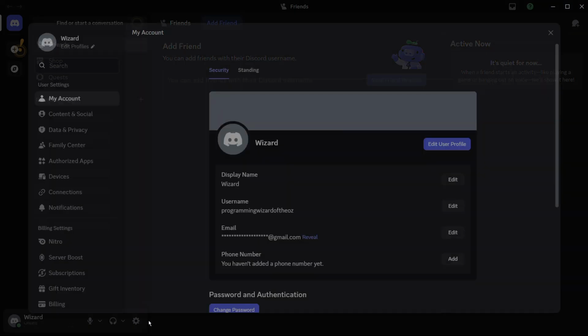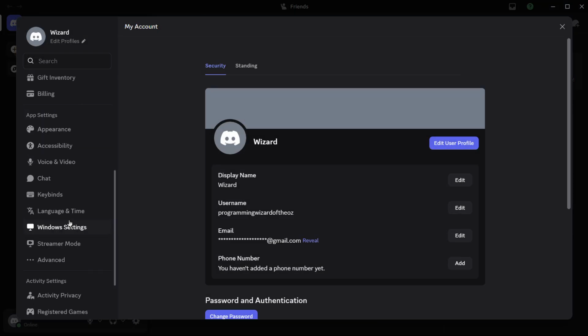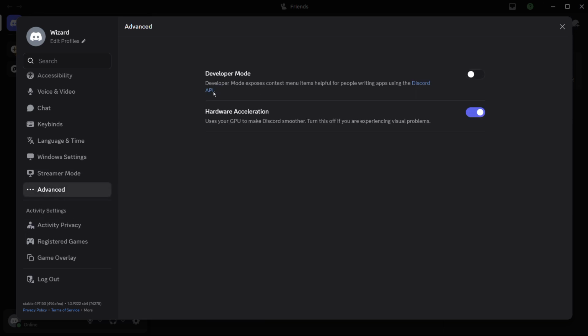So to enable this, simply click onto the user settings, and within the user settings scroll down. At the very last you will see this advanced option. So simply click onto this advanced option, and from here you can see hardware acceleration, which uses your GPU to make Discord smoother. Although there is also a warning that says to turn this off if you're experiencing any visual problems. So if you want to enable this, simply enable this by clicking onto this toggle, and your hardware acceleration is